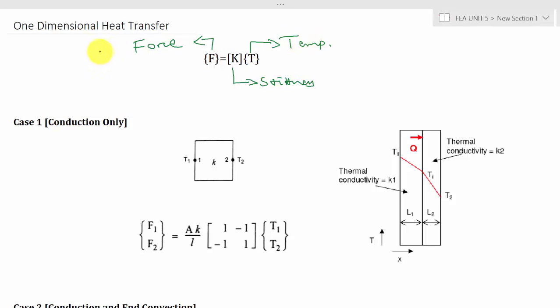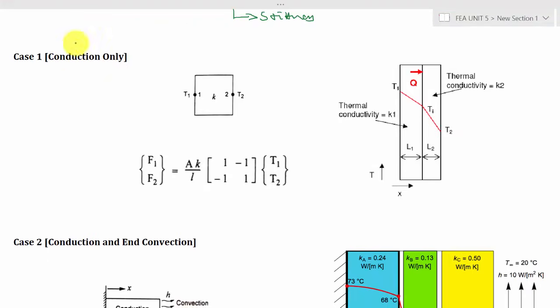In case of one-dimensional heat transfer, we have three cases. The first case is conduction only. So when the element is subjected to only conduction, that is, the element is insulated throughout, because we have three modes of heat transfer: conduction, convection, and radiation. So in FEA, we will have conduction, convection, and internal heat generation. When the body is insulated on the surface and subjected to conduction alone,